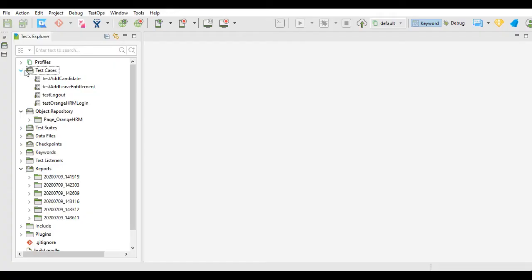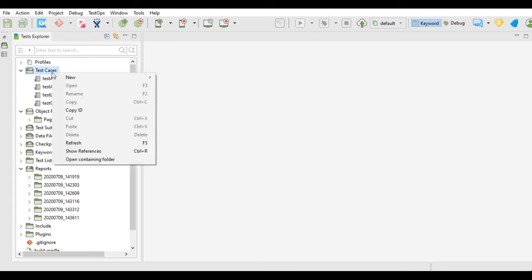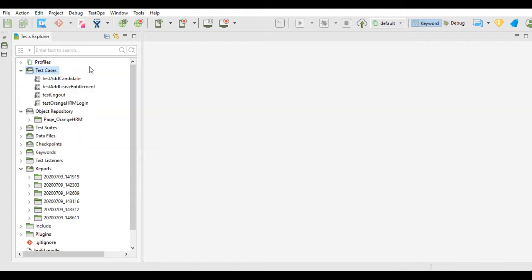First thing is the organization of test cases. Organize test cases in such a way that you will be able to find them, you will be able to trace them in a big project. In this test case folder, I have created 4 test cases. I have not organized them, but you can organize these test cases by adding them into folders. Create a separate folder for each scenario and add the test cases related to that scenario in that particular folder.